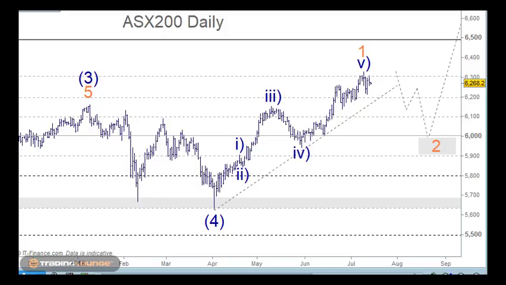Now we're looking at intermediate wave 4 here, and we're looking at wave 1 and 2 and 3 and 4 here, and then we're looking for wave 5 up here. It's been a little bit difficult to count in this little area here. Now the main thing here is that yes, I'm looking for a top and I'm looking for a pullback here,